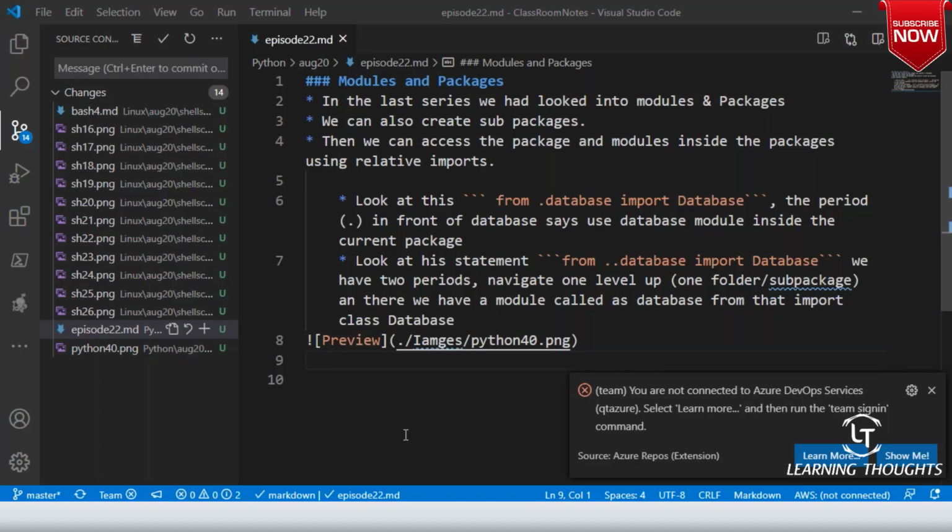Straight away, it is not possible, but there are ways. That we'll be learning in the next class. Images, yes, the spelling is wrong, you're right. Right now we are trying to import within the same package.